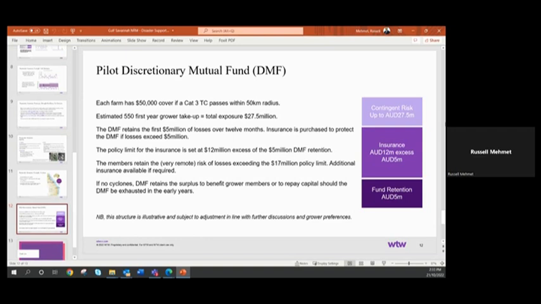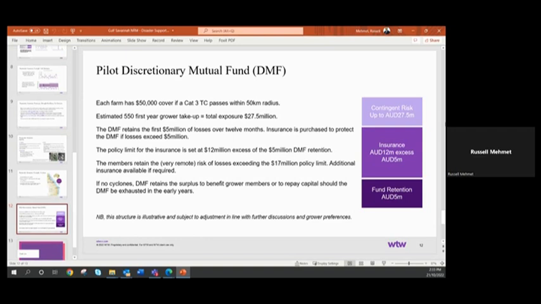So what's set up down the bottom is what's called a member-owned mutual. In this case, we've used as an example 5 million. So the farmers contribute to that 5 million, and that's what they must pay up to. In the event of a cyclone, the farmers have to pay up to the first 5 million. Part of the payment of going in and setting that 5 million up buys the 12 million in excess of 5 million. And then we leave the top part because it's terribly unlikely half a dozen cyclones are going to strike in the same year. This is annual.